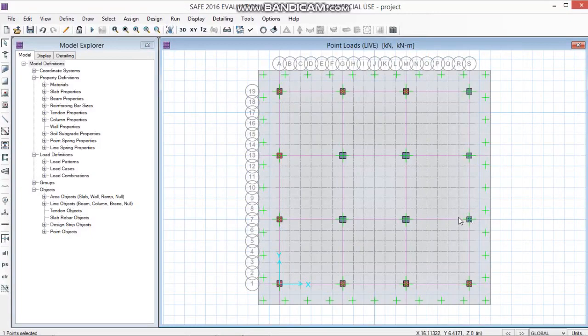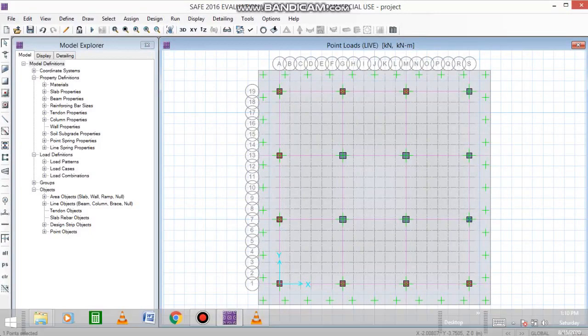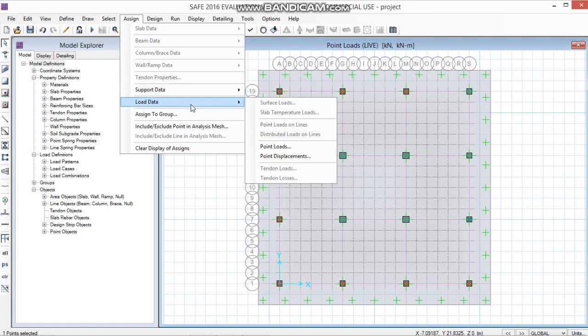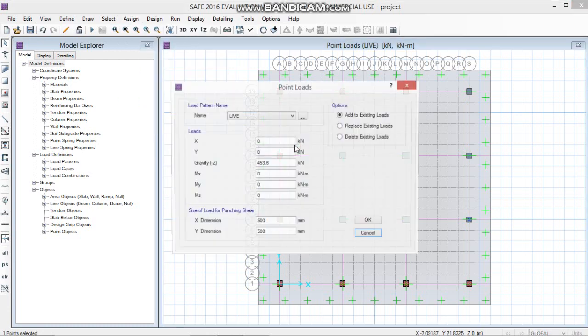You can just cross check how many elements you have selected on the bottom left corner. As I can see, one point is selected. Now assign the loads, point loads.